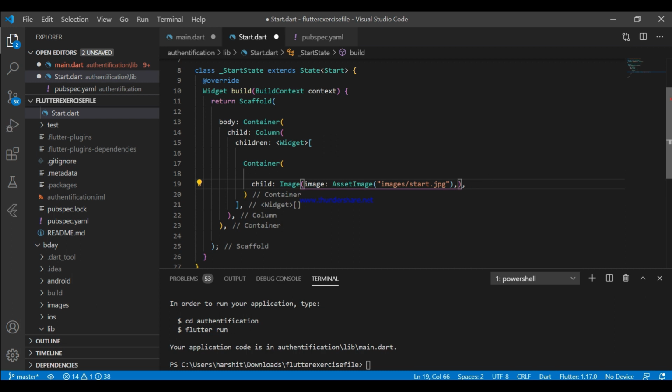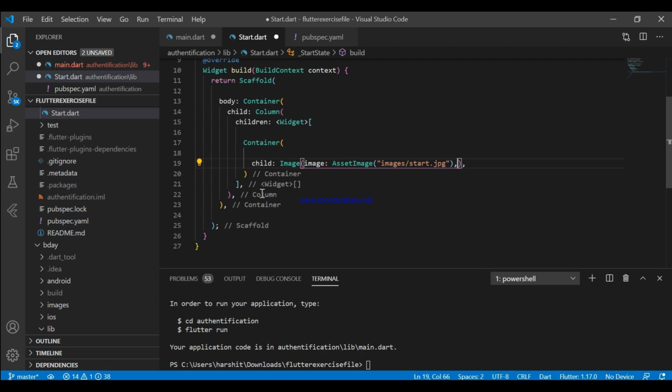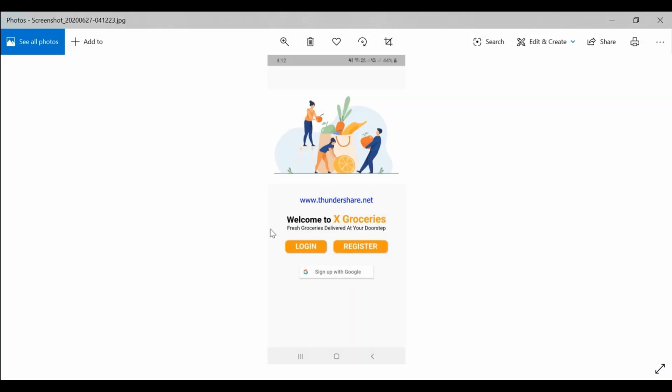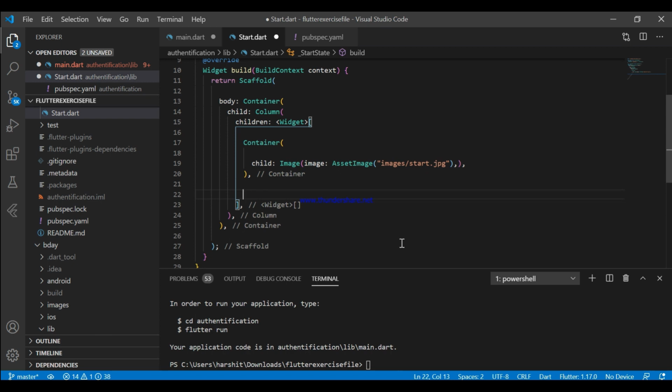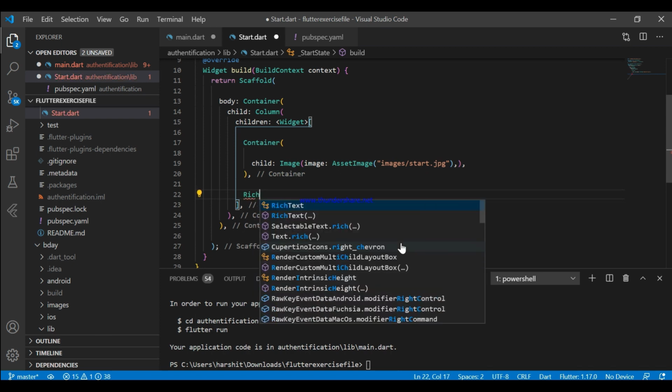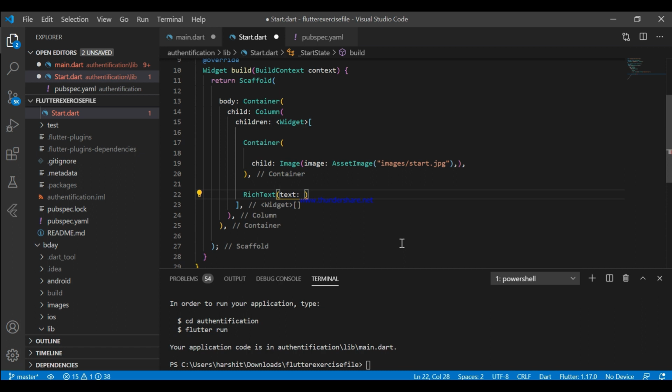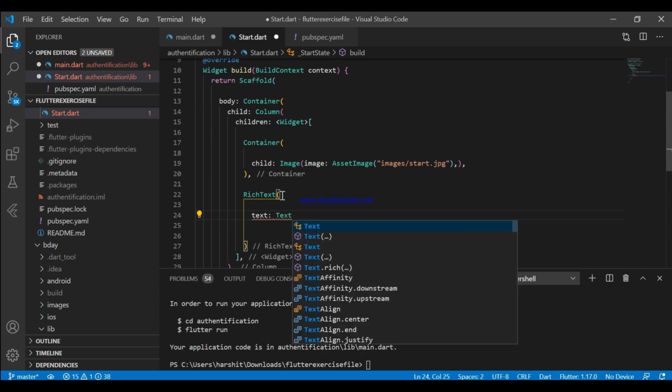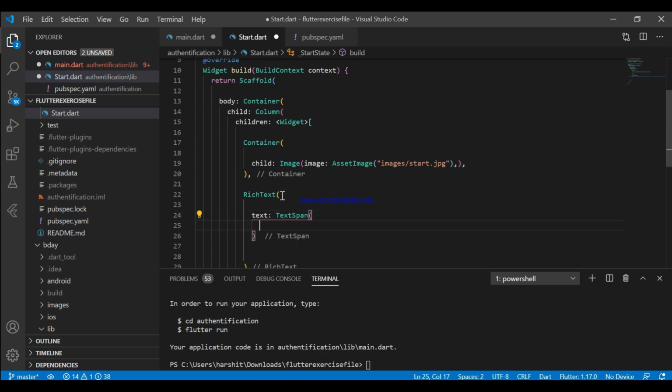For the text like welcome to X groceries, I'm using rich text because I need to provide color in this X groceries part. Okay, so rich text, and here we need two text spans. First text span for welcome to, and the other text span for X groceries. Just wait, I'll show you.